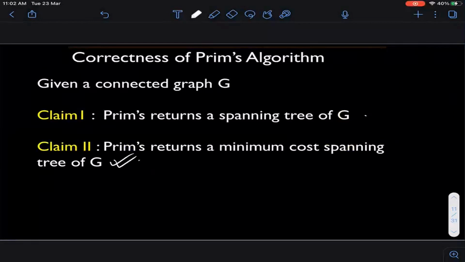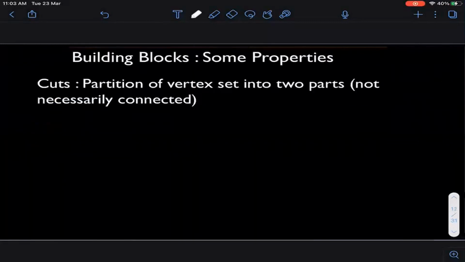So that's the intuition. At least for the spanning part, let's just do it a bit more slowly. In order to do this proof, what we need is the notion of cuts in my graph. So what is a cut in a graph? This is actually an opportunity for us to talk about cuts, and we will be talking about cuts again when we talk about network flow algorithms. I don't know if you have already seen that in your graph theory course or something.